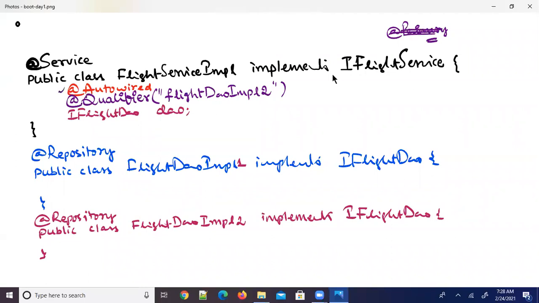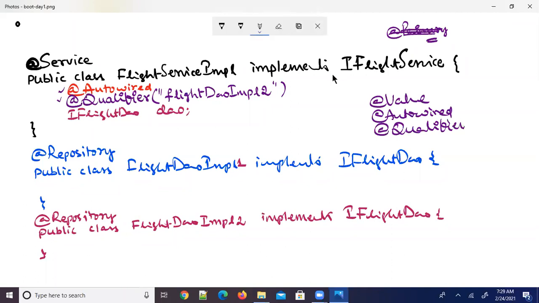But I have explained about @Autowired and @Qualifier. Today, what more new things you learned is the @Value annotation. Importantly, the @Autowired annotation with the @Qualifier annotation. Actually, the @Autowired annotation is not yet completed. But when we are discussing in the further classes tomorrow and next, I'll give you a more elaborate discussion on this @Autowired along with this qualifier. So these are the basics you have to learn so that it will become easy for you to understand the sessions.